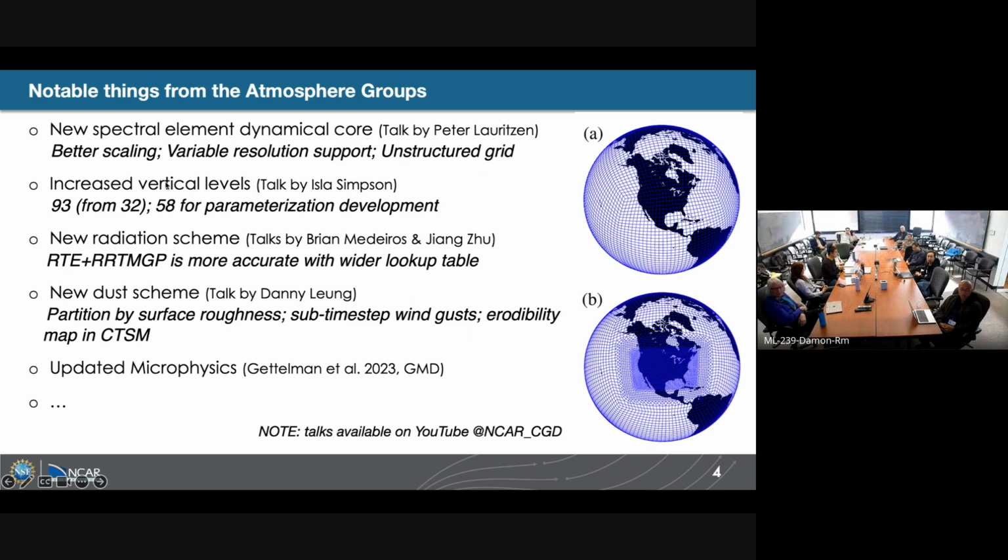And CAM7 will have many more vertical levels than CAM6, so 93. And there's a low top configuration of 58 levels that is used for parameterization development. And CAM7 will likely use a new radiation scheme,